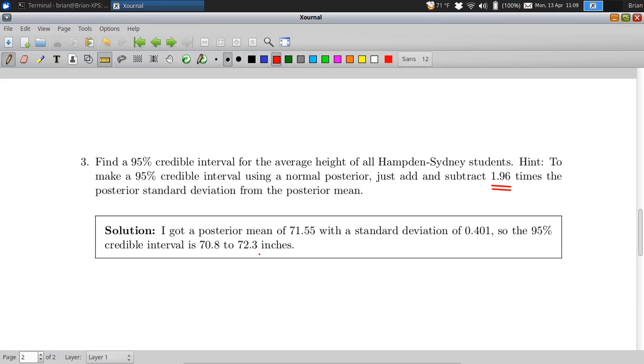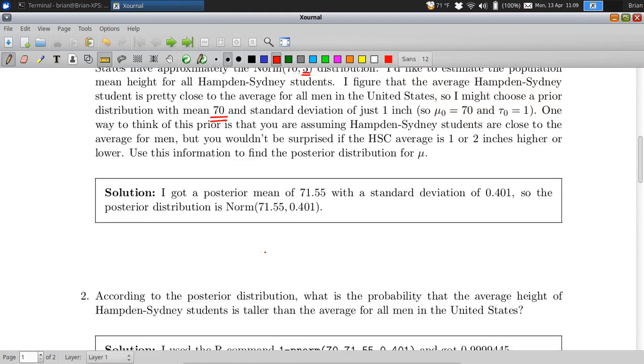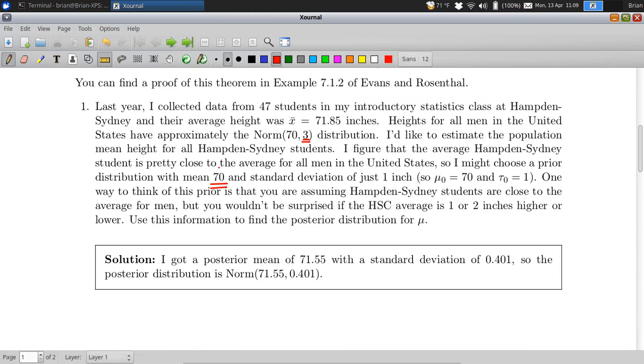Now, one thing that you might be wondering about is this is all based on my prior distribution, and I made some assumptions in the prior. I had to guess what I thought the population mean might be to start with. What if I'd guessed something different? And what if I'd used a different standard deviation here? The good news is the bigger your sample is in Bayesian statistics, the less your prior distribution matters. You sort of wash away your prior assumptions